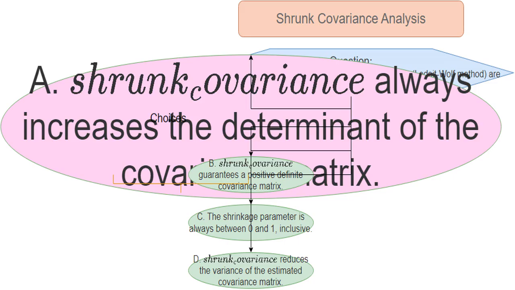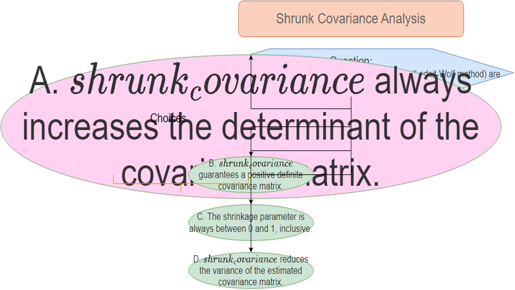I'm asking you to determine which statements are true about the scikit-learn library's _shrunk_covariance function. Scikit-learn is a popular Python library for machine learning, and this particular function helps us work with covariance matrices more effectively. Statement A says that